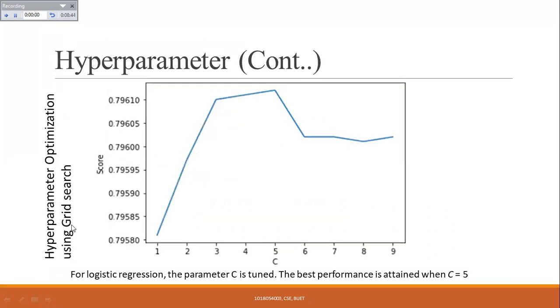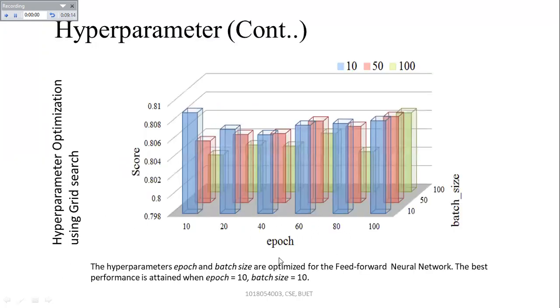For selecting the model parameters, we use grid search method, and this picture shows how the grid search method improves the performance prediction model. When the C value changes, this affects the prediction model. When C is 5, it gives the highest value. So we use C equal to 5 for the logistic regression model. And another